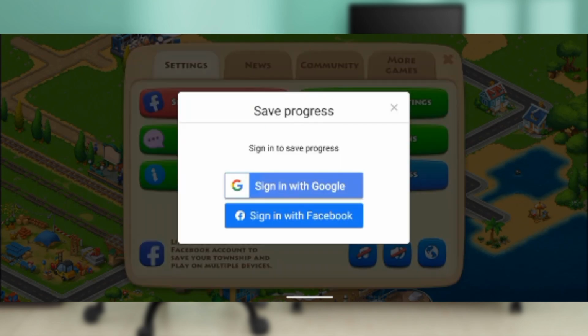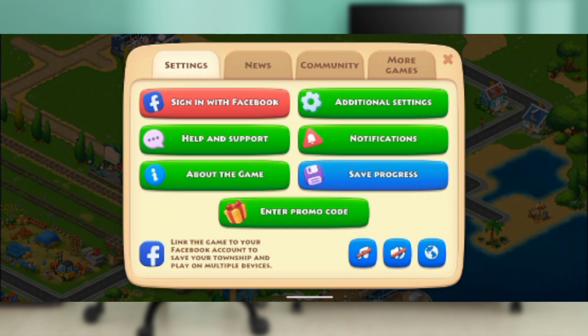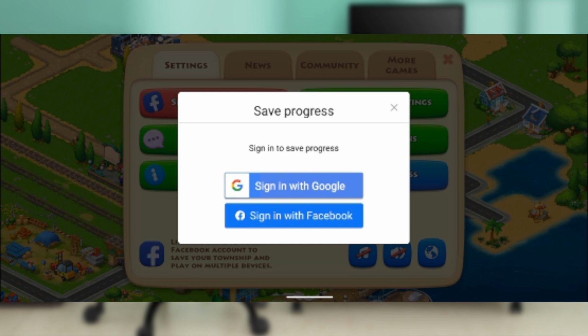and on the save progress, click on save progress, you're going to see two options: sign in with Google and sign in with Facebook. So go ahead and tap on either sign in with Google or sign in with Facebook. Just use any of the accounts associated with the Township town you wish